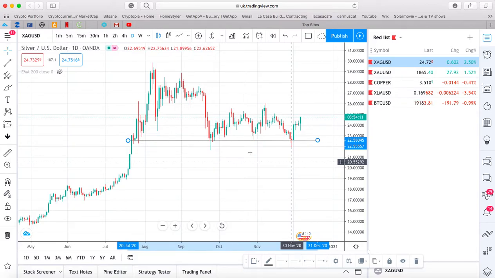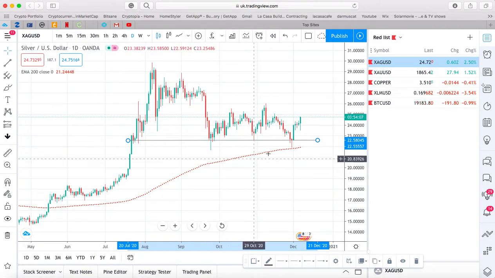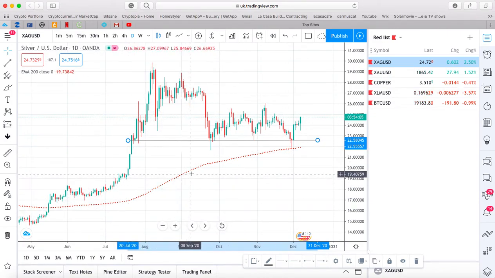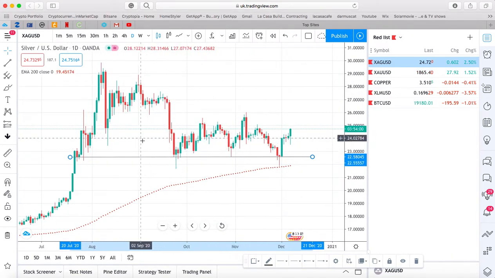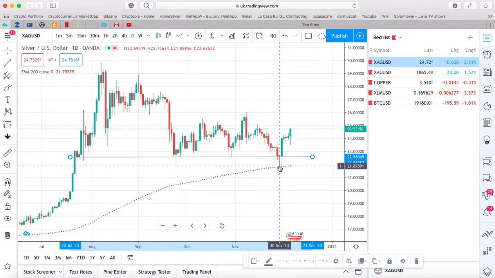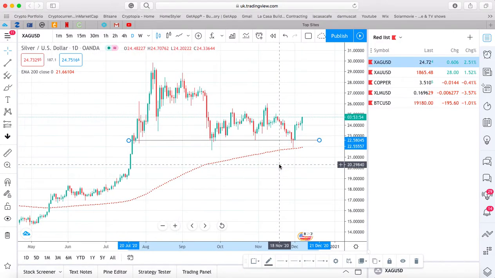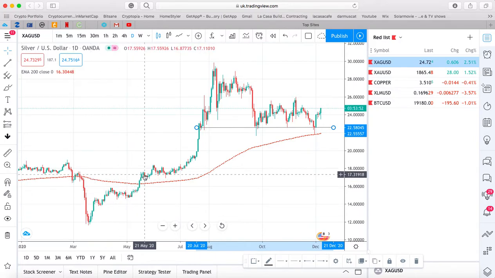And another thing is you can also use the EMA, which is the moving average. Moving average also helps guide the price, and mostly this can also act as a very nice support or resistance, and it can also help you identify the trend. If the price is above